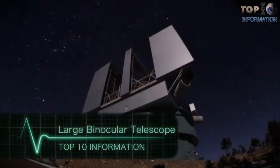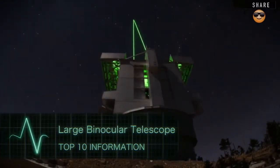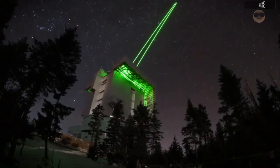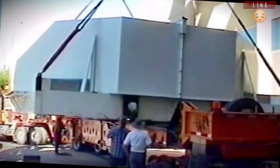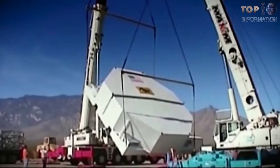Number 5. Large Binocular Telescope. For a viewing device that peers out into deep space, the world's largest mirror telescope needed to take a very earthbound road trip before taking its seat on the mountaintop where it is today. Now glimmering on top of Emerald Peak in Arizona, the telescope's 30-foot-long mirror required nearly half a year of planning and a week of travel to get to the top of the